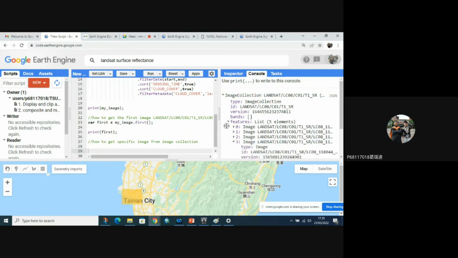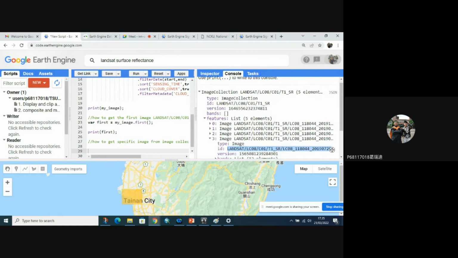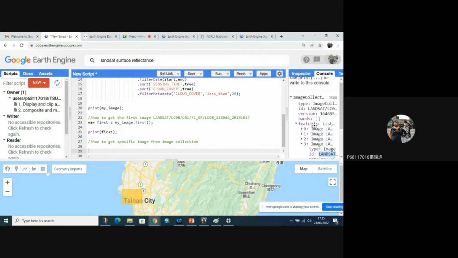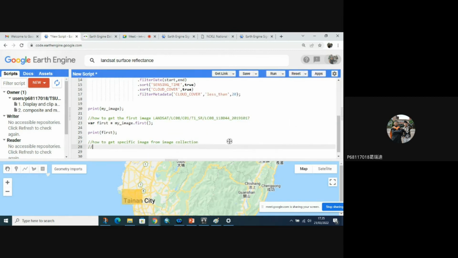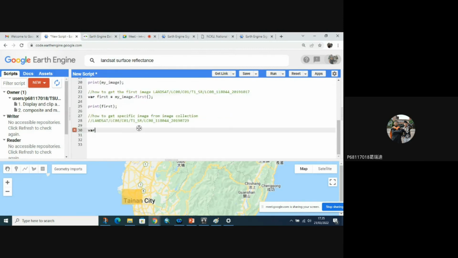Let's copy this ID first, 29 July. The first thing you have to do is to make the image collection here as a list.